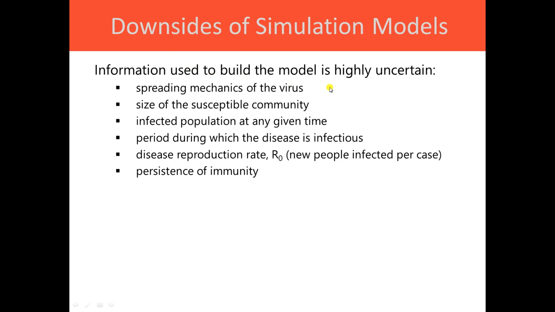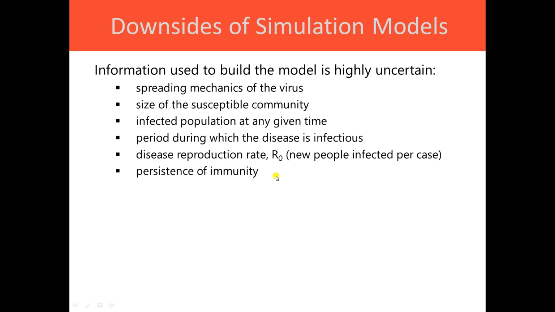Actually, almost 100,000 papers have been written about this, on all kinds of issues with COVID-19. It's amazing how much research has been done, and they're not all conclusive, right? Everyone has different data and they measure different things. So it's not clear really what it is, right? So you don't know the size of the susceptible community. You don't really know who actually has been infected right now, and then you don't know how long